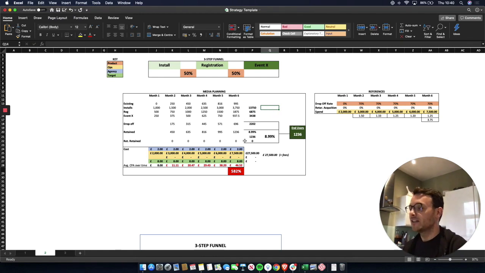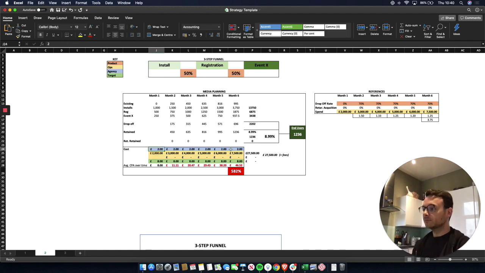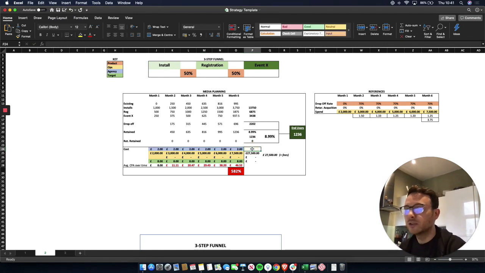But if we dive into the cost metrics of that, let's say that as an agency, we are tasked with getting downloads at £2. And that's our goal, on average. We can say that actually, based on all that information, we're likely to get an £8 CPA at the point of event X. Now, that's great. When you look at these months in silo, we're doing good. We're still getting people in at £2. That's a variable that we can change manually. We're still getting people at £8